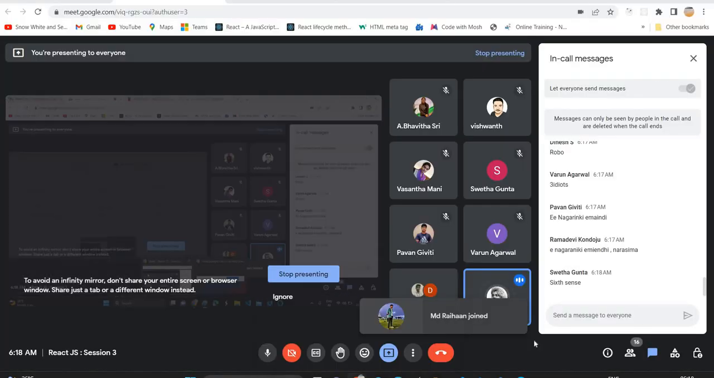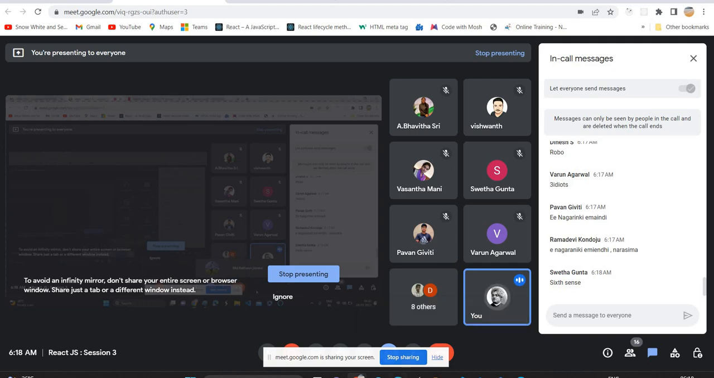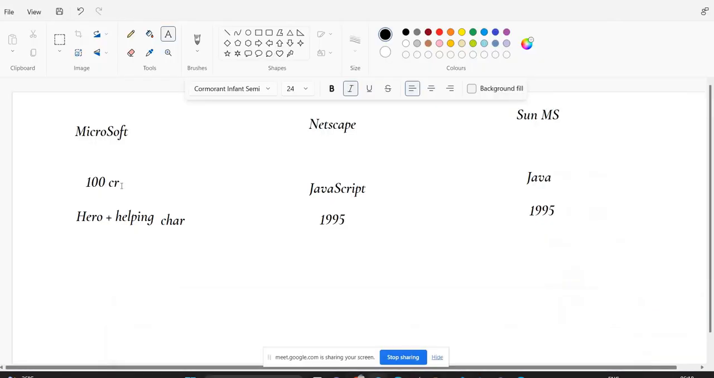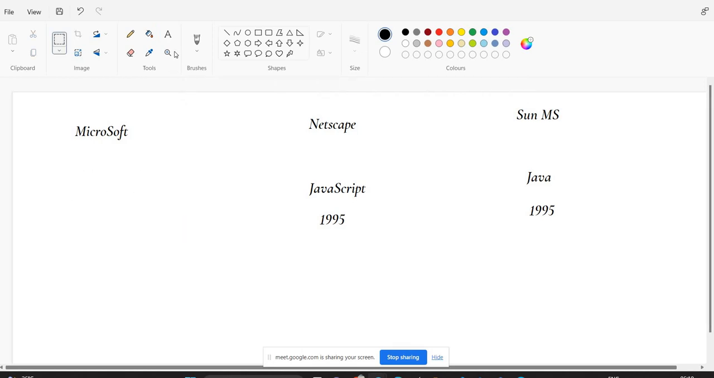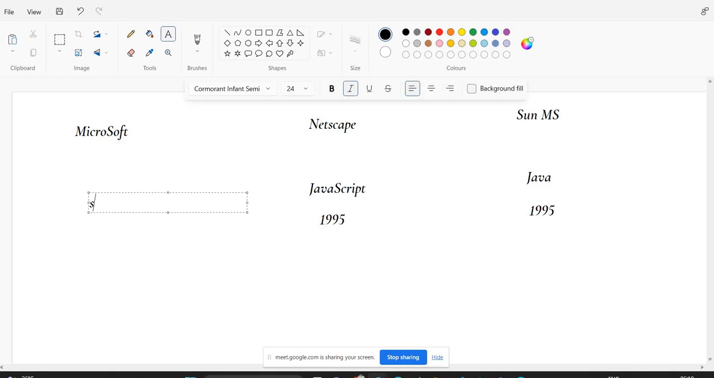So yes, of course, that character is also very important, but compared to the hero, that is very negligible. That's why that was not popular. The simple thing is JavaScript was used in the beginning just for doing small things at the client side, like simple calculations, and one more important thing is